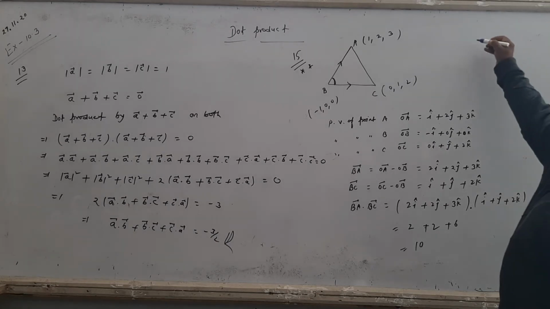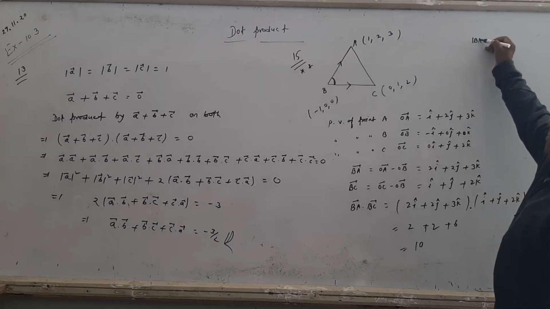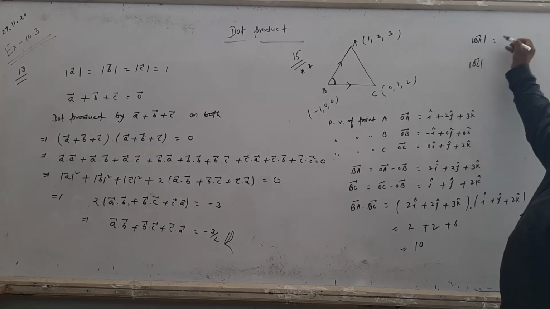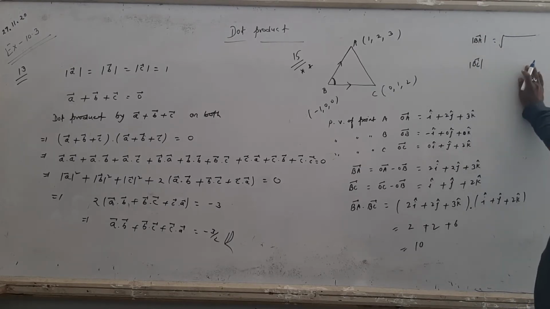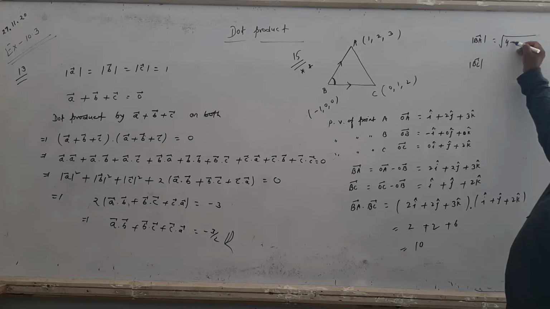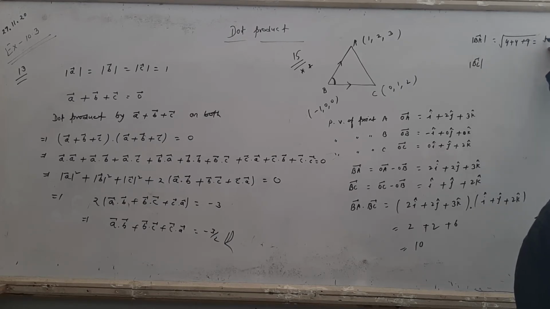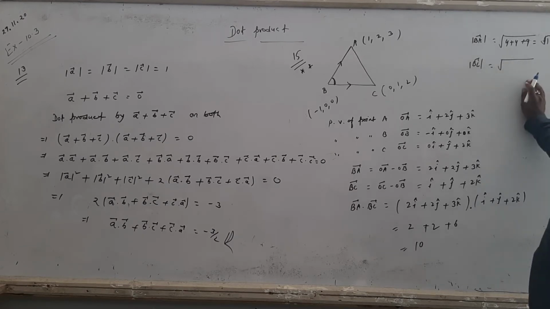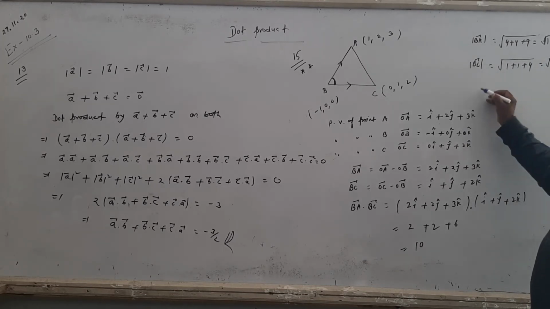And now find the magnitude of vector BA and the magnitude of vector BC. You know, student, magnitude is under root of square of 2, 4, square of 2, 4, square of 3 is 9. That is root 17, the magnitude of vector BA. Magnitude of BC, that is 1 plus 1 plus 4, that is root 6. And now the angle